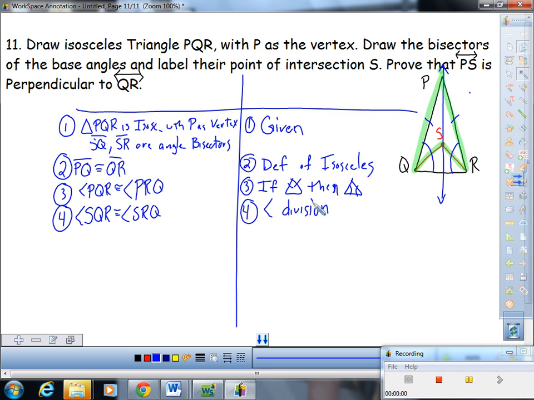Let's check it. PQ is congruent. Yes, thank you, Audrey. Shout out to Audrey. Boom. Indeed, PQ is congruent to